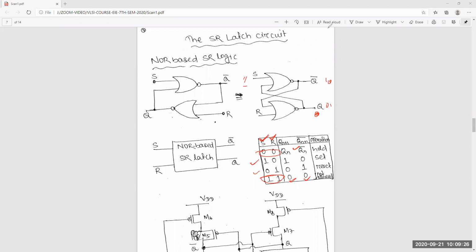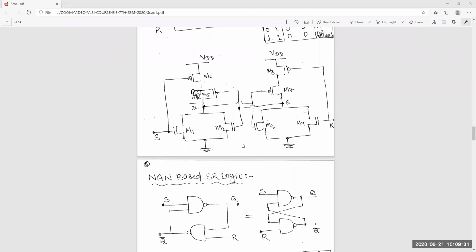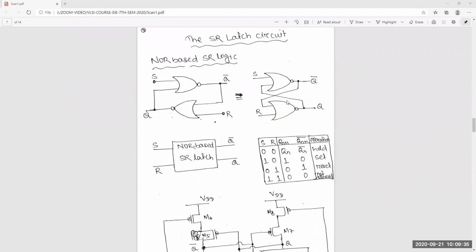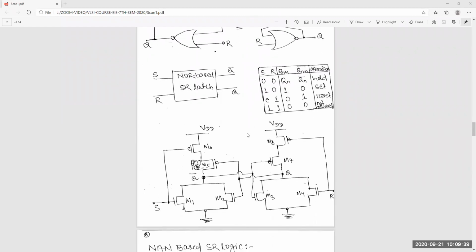So this is nothing but the transistor implementation of this back-to-back NOR SR circuit. Here you can see the NOR gate.